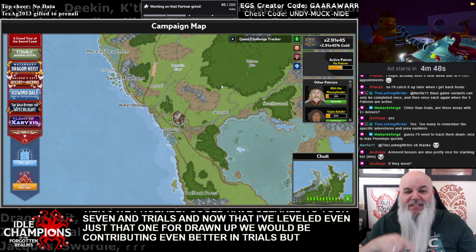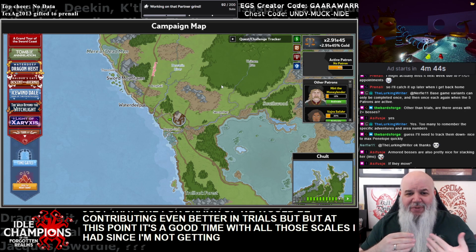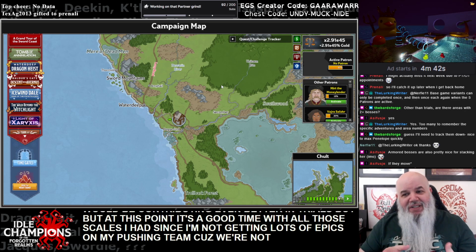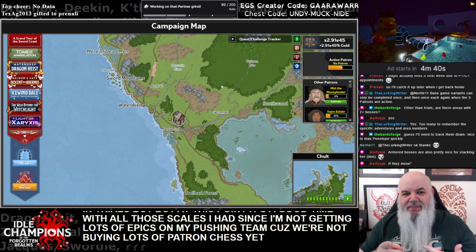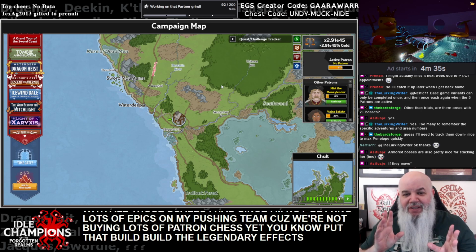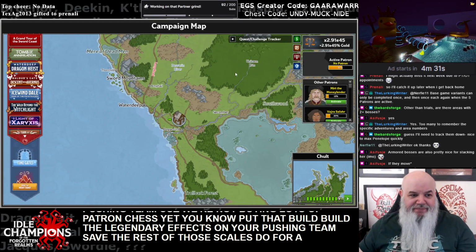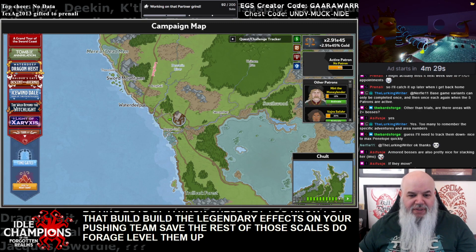But at this point, it's a good time with all those scales I had. Since I'm not getting lots of epics on my pushing team because we're not buying lots of patron chests yet, build the legendary effects on your pushing team, save the rest of those scales, do forge runs, level them up. Now